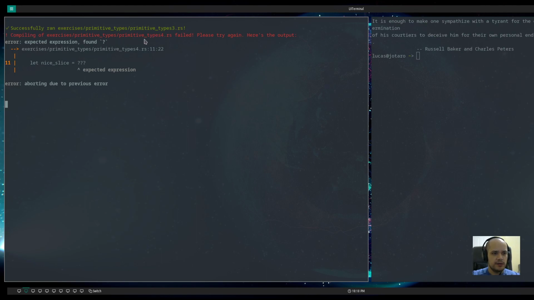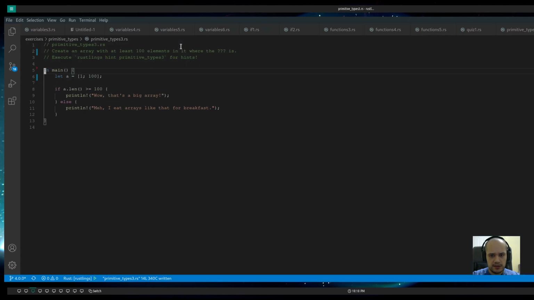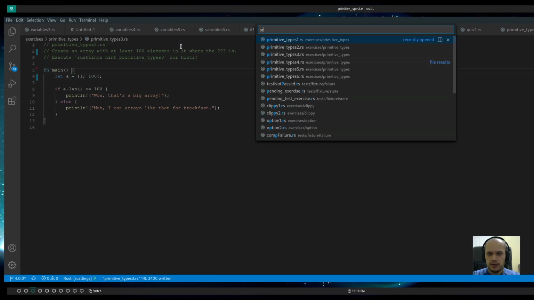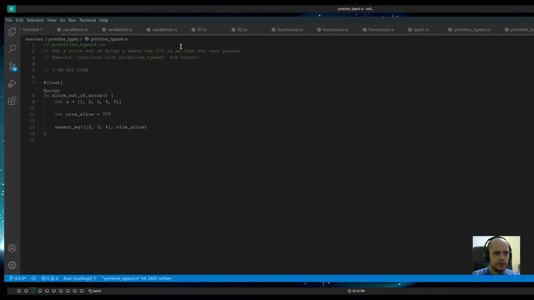So we want to run primitive types 4 and expect an expression. We found this. It's probably the code we need to change. Let's see the code. Primitive types 4. All right. Get a slice out of the array where the question is, so that the test passes. All right, so we have an array and we want to get a slice, and the slice needs to be